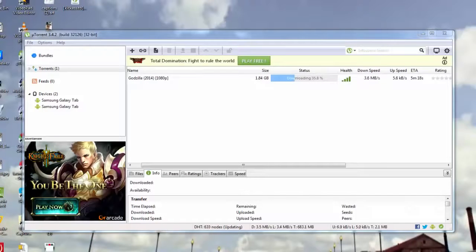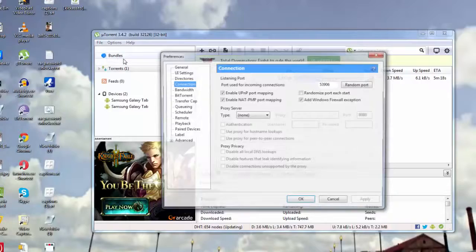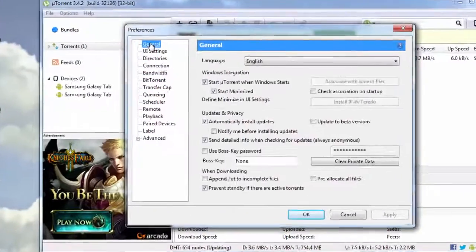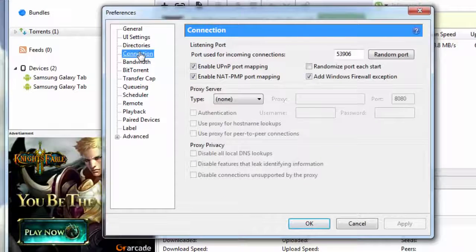So let me now discuss with you the kind of settings you need to put in. First, you need to go to Options here, go to Preferences, and first select the General tab. When you select the General tab, you need to uncheck this particular box here, check association on startup. After you're done with that, you go down to Connections. In Connections, you need to type in the port